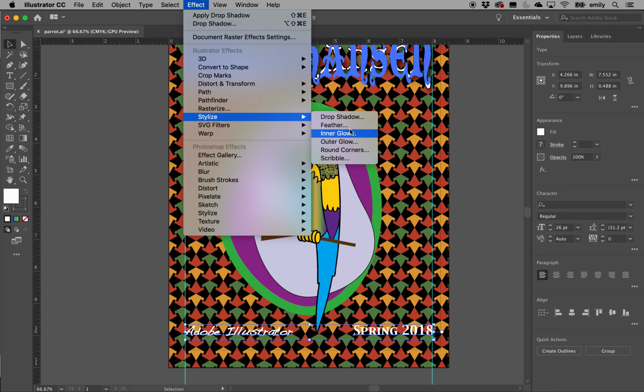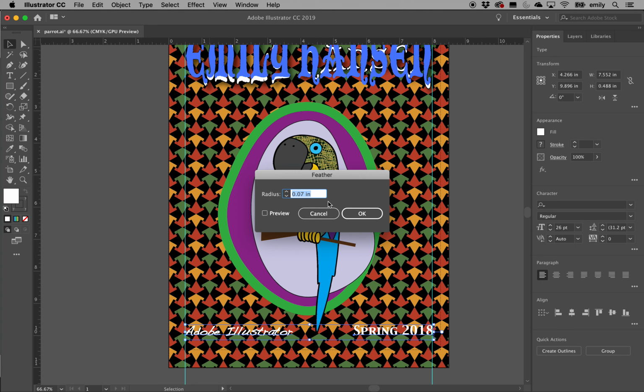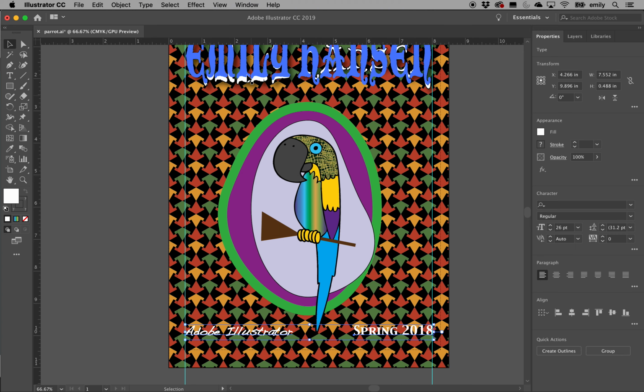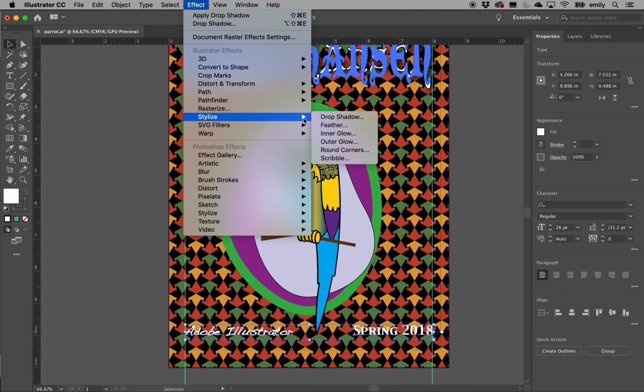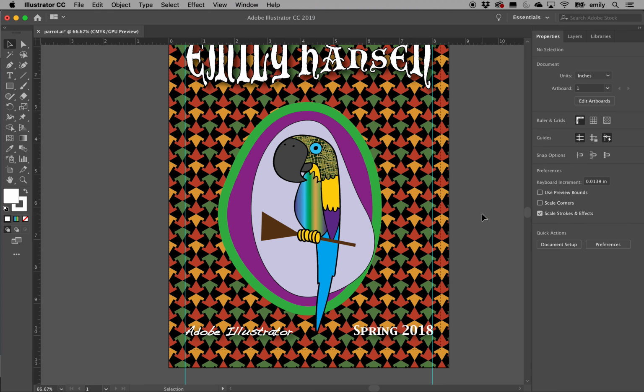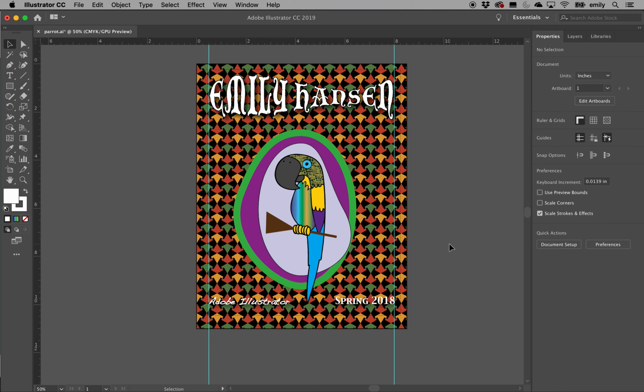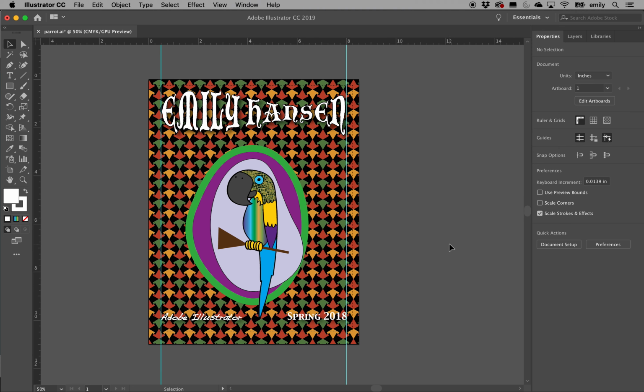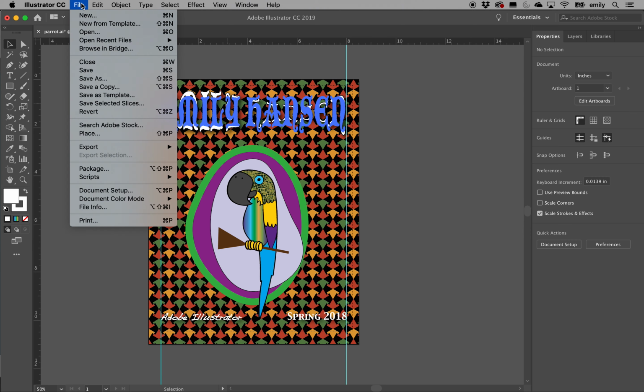So part of the thing in artwork is trying to make it legible. So always consider that. Where'd my drop shadow go? There we go. So that helps. I can read that. Back this up a little bit so you guys can see it. And that's basically it. Looks done enough for me, so I'm going to take it up here to File and go down to Export, Save for Web Legacy.